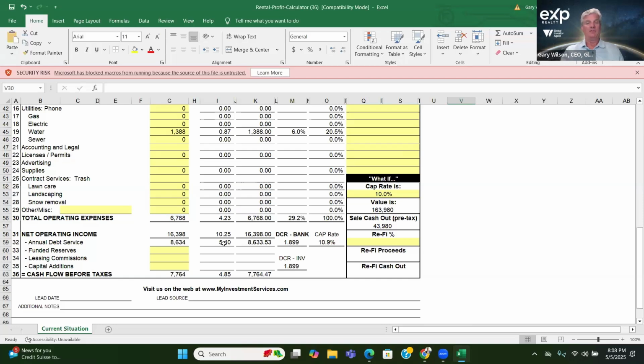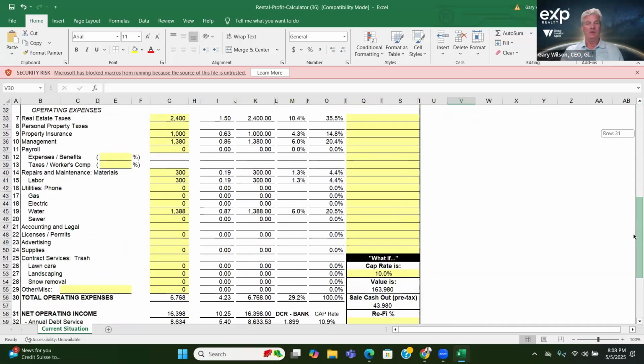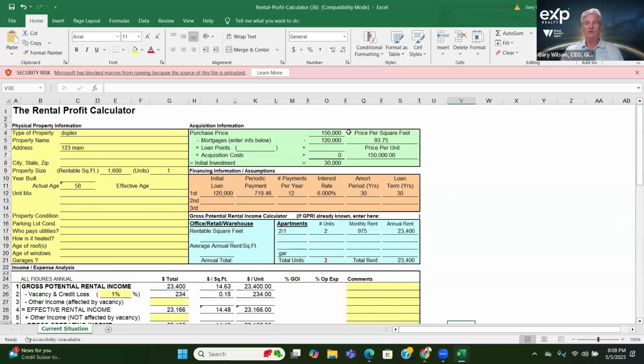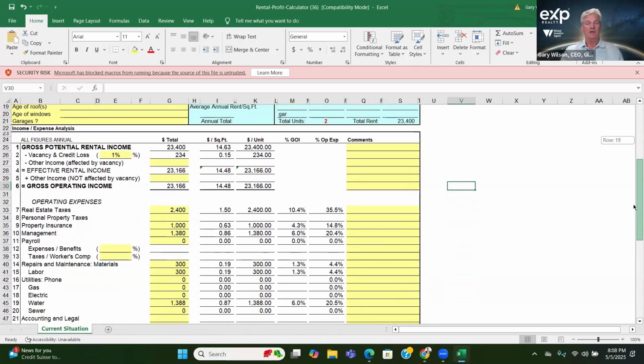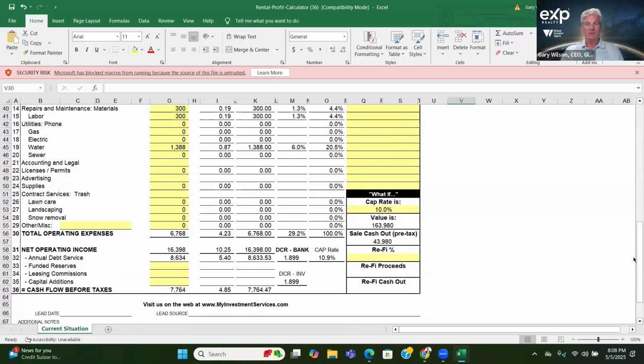The cap rate is the net operating income right here divided by the purchase price way up here. So it's going to be NOI of 16,398 divided by 150. That's your cap rate. Cash on cash return, okay, you have to take into consideration the mortgage payment, the principal